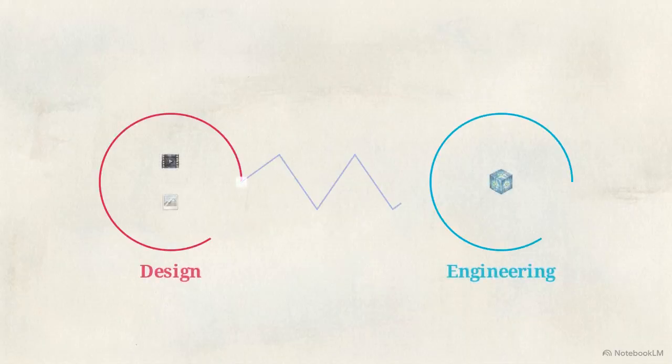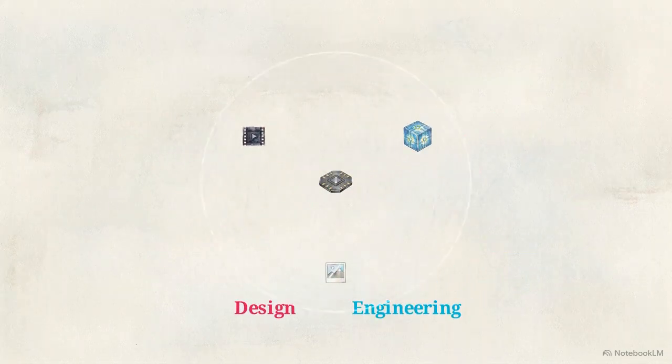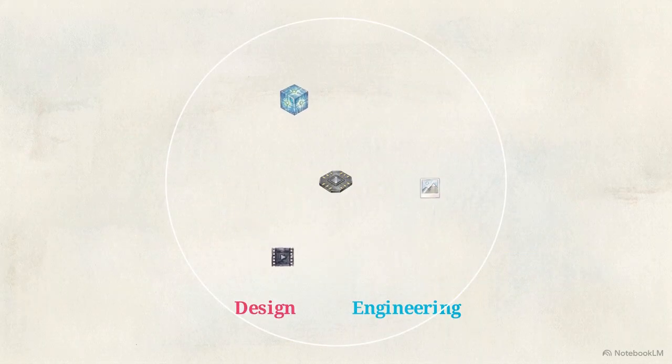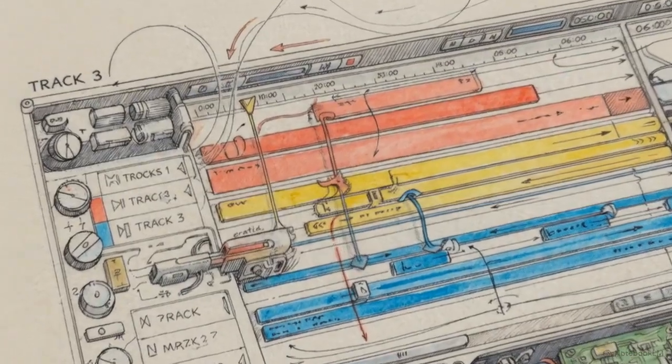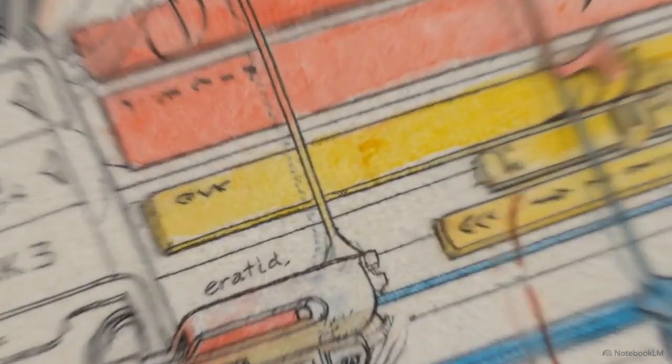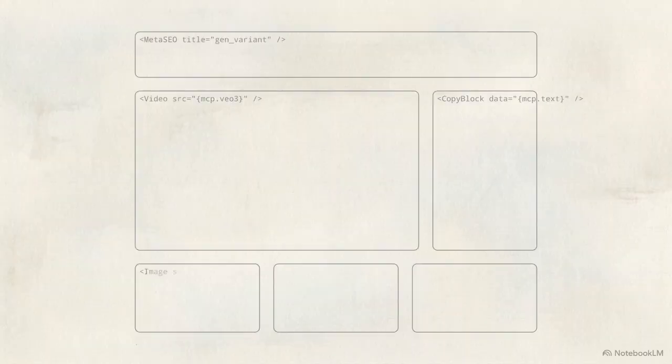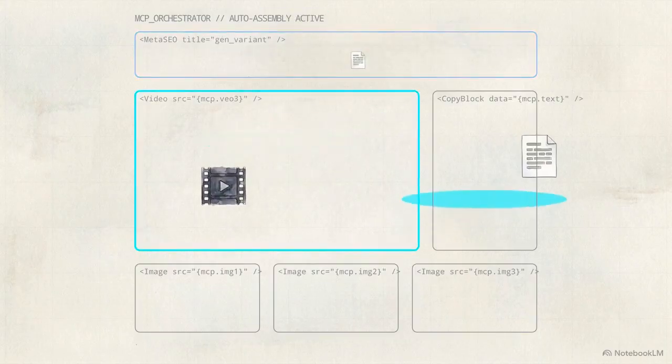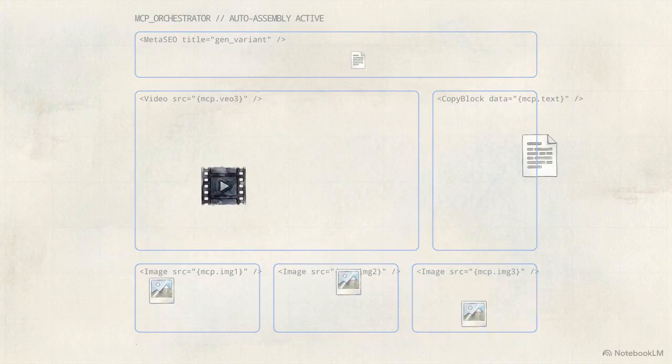This unified loop removes the operational friction of round-tripping assets between separate design and engineering teams. This terminal-driven approach bypasses the traditional requirement of jumping between disparate graphical user interfaces to manually place and render files. In high-volume content cycles, code-driven orchestration now handles the assembly and placement of assets that previously required manual work on